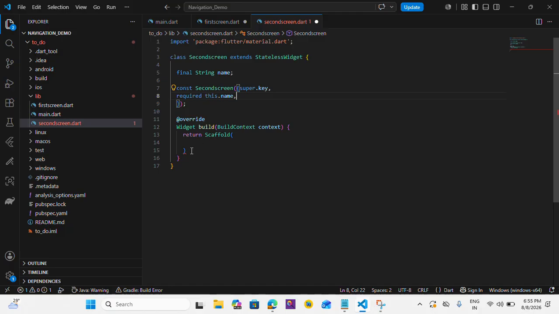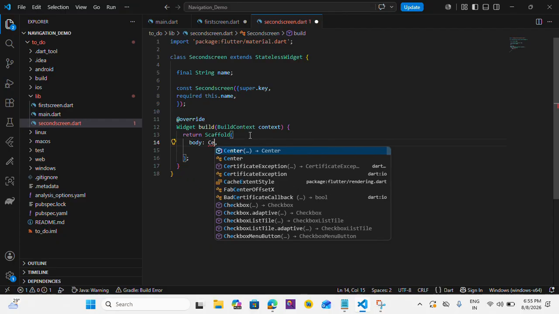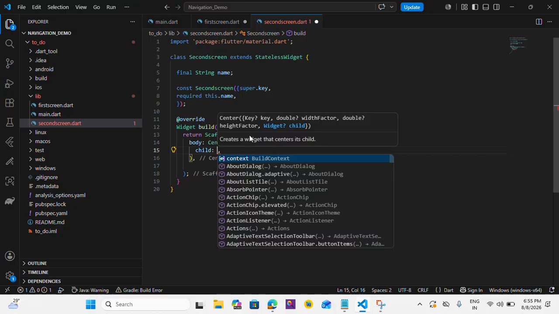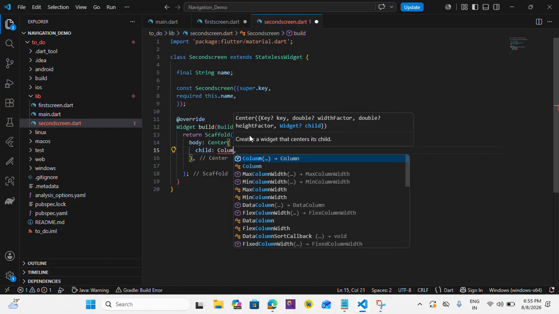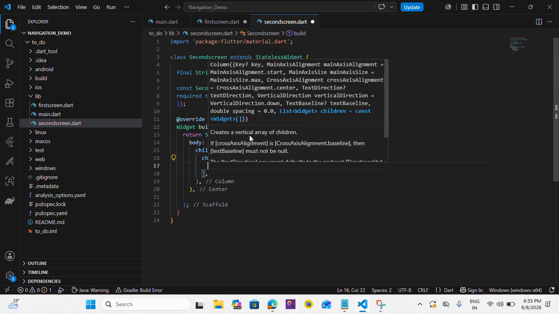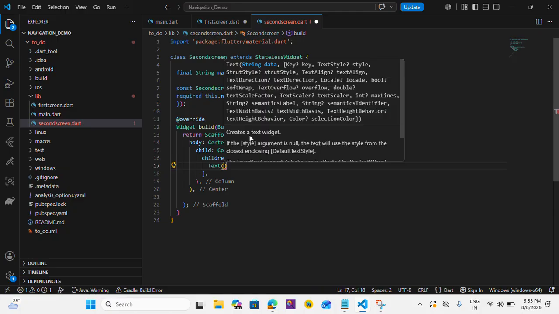Okay, so after this, in this scaffold we will need to add the body as a center. Inside the center, there is a child, as the rows and columns, so we will take a column, and the column has the children because we need one button here and one text. So firstly we will take one text. So in this text we will add